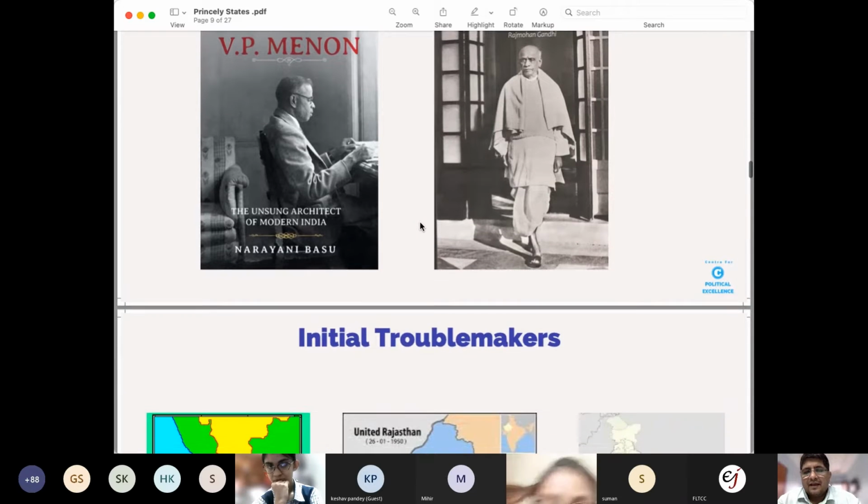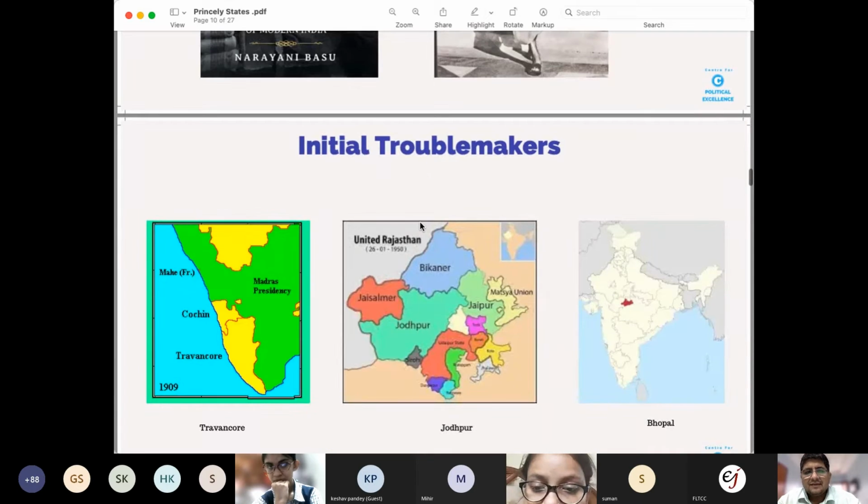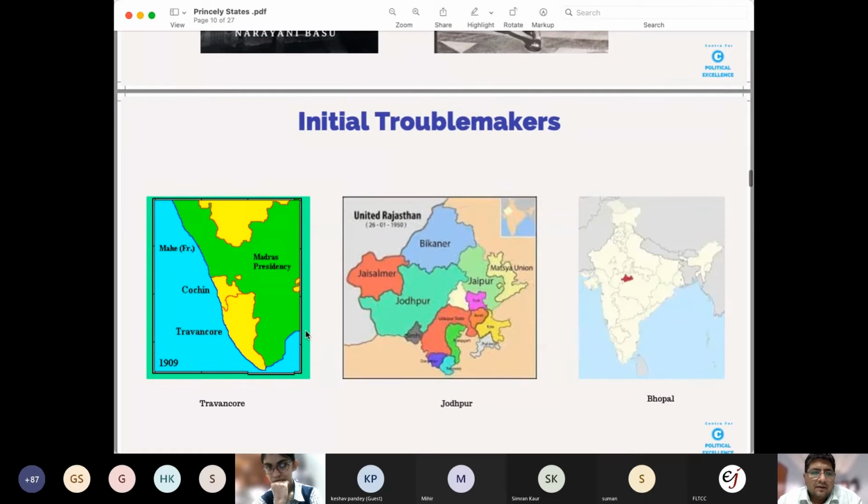Okay, now there were three states, or few states, which were the initial troublemakers. Now, Travancore, if you see on the map on the screen, on the left side,